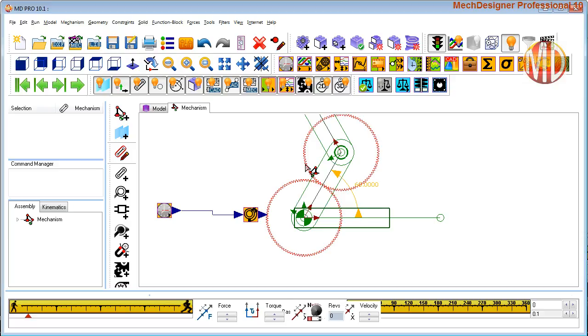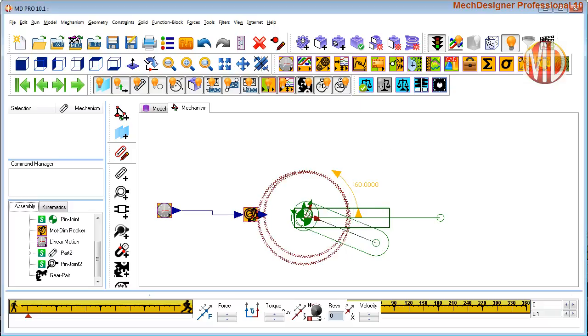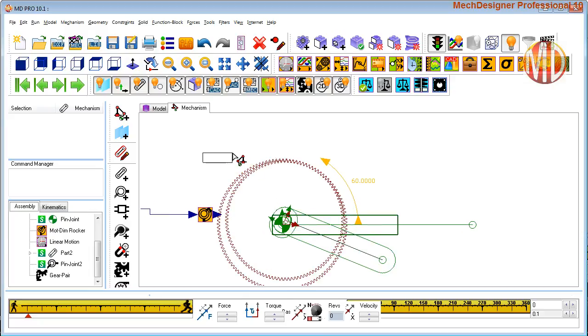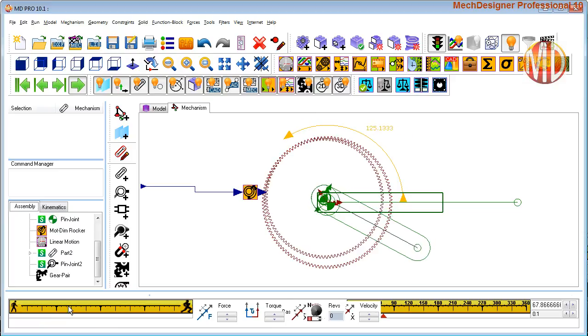So I'm going to edit the gear ratio. I'm just going to check the module of this. So it's module 1, so I'm going to put this maybe at 120 teeth, and this is maybe about 110. Whoops. And then make the gears internal and click that and zoom in a bit more. And if I cycle this, you can see that